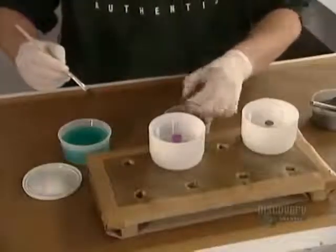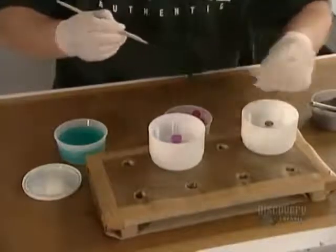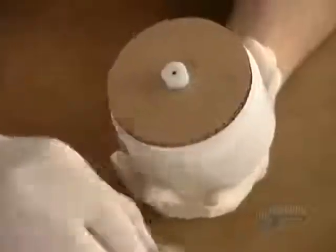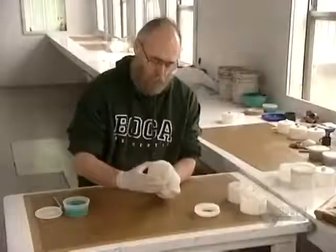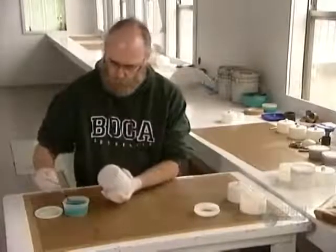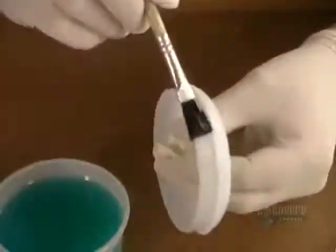Then he caps it. Here he's working on 2 fireworks at a time. Next step, a brown cardboard shock absorber to shield this compartment from the first compartment explosion. Then a corrugated cardboard disc and a plastic spacer. It'll take the fuse 1.5 seconds to burn through these 2 components, creating a slight delay between the first explosion